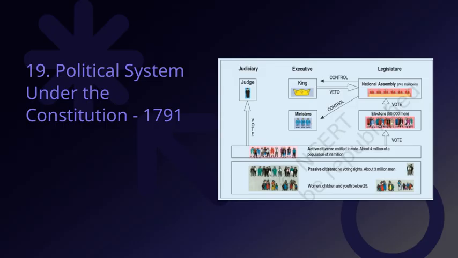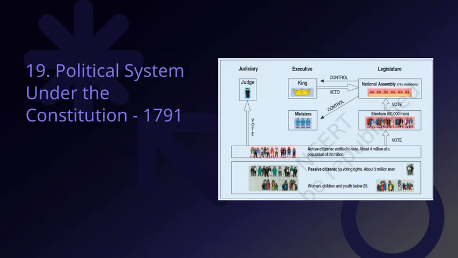Essentially, the Constitution created a limited monarchy, where the king still held some authority but was now balanced by an elected legislative body. The Legislative Assembly was responsible for making laws and managing fiscal policies, which was a significant shift towards more representative governance. This setup was designed to ensure that power was not concentrated in one person or branch, aligning with the broader themes of liberty and constitutional rule that we've been discussing. It was a foundational step in creating a government that aimed to reflect the will of the people, while still